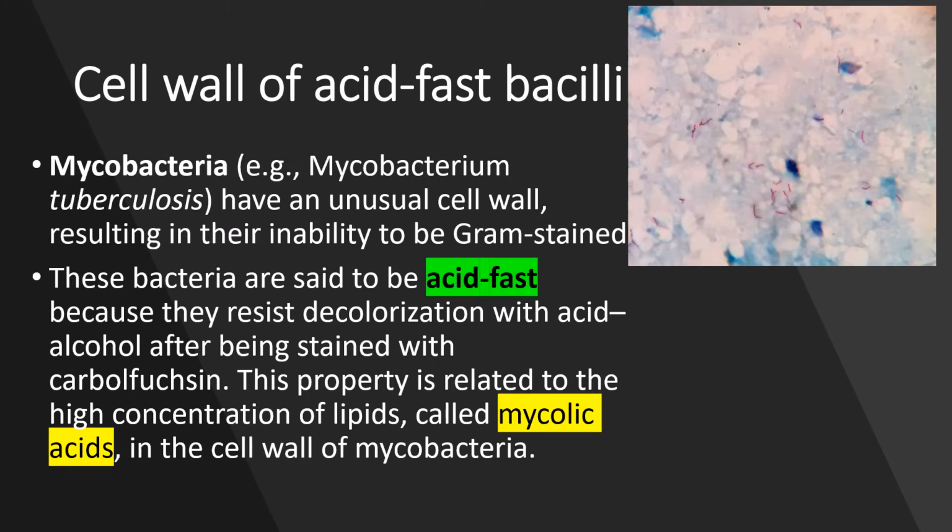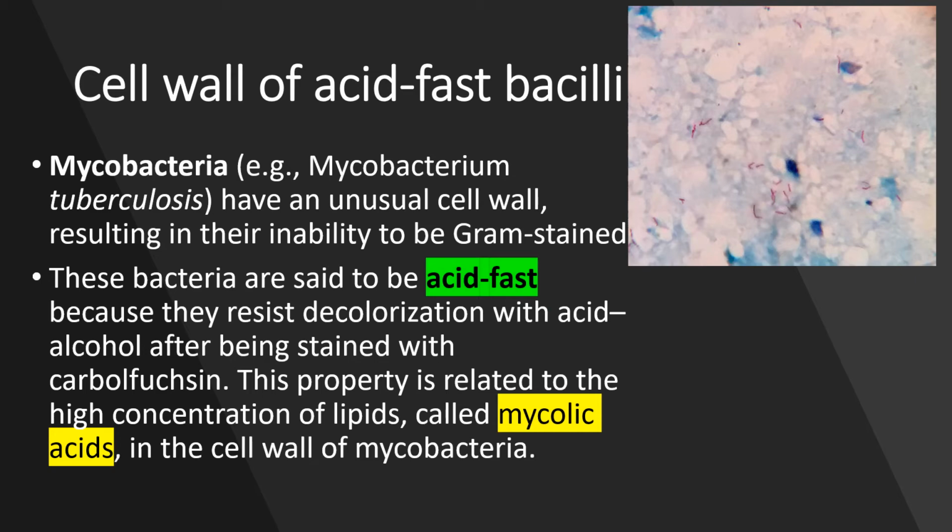Cell wall of acid-fast bacilli. Mycobacteria species, for example Mycobacterium tuberculosis, have an unusual cell wall that results in their inability to be gram-stained. These bacteria are called acid-fast because they resist decolorization with acid alcohol after being stained with carbol fuchsin dye during the procedure of gram staining, and this property is due to the high concentration of a lipid called mycolic acid in their